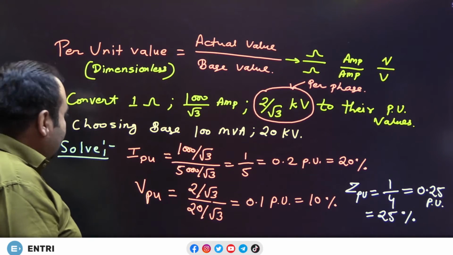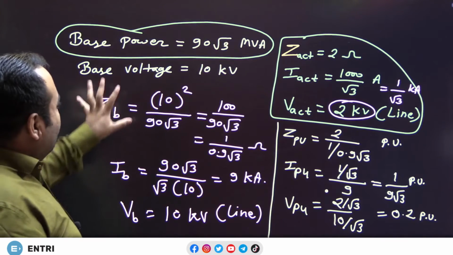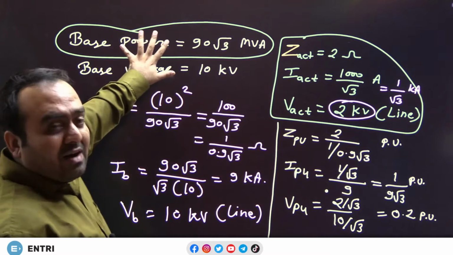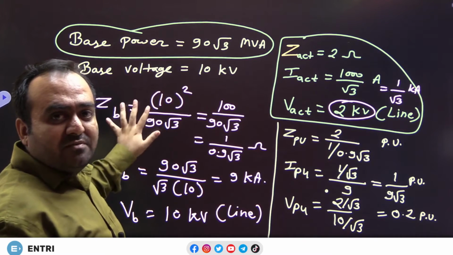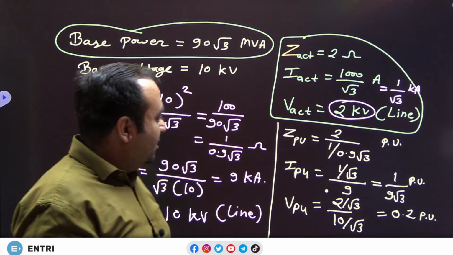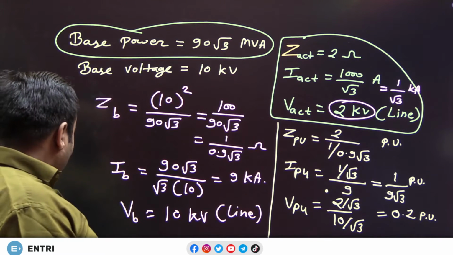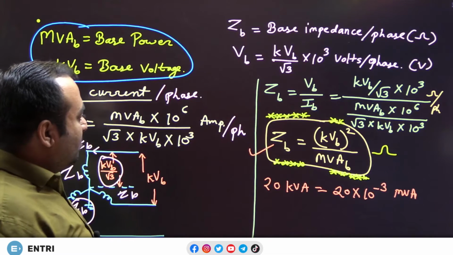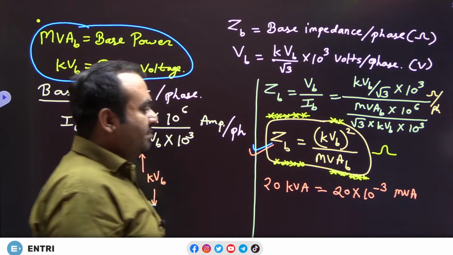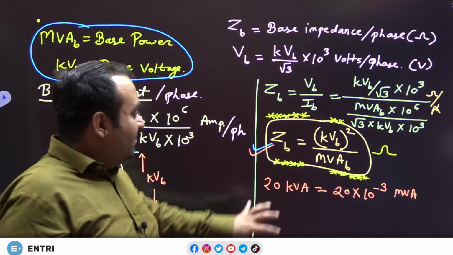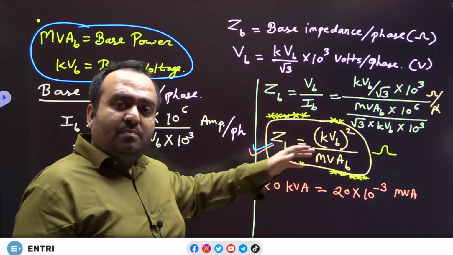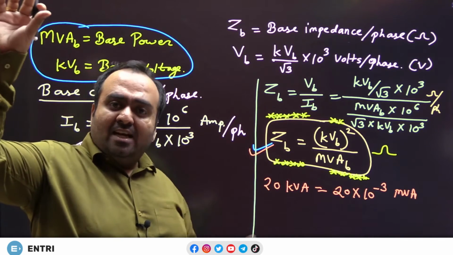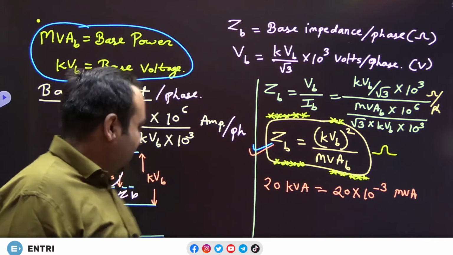And then another numerical was taken. These are base values, these are actual values, so converted into per unit values. So from base values of power and voltage, you derive the base values of current and impedance, and then you do it like that. All right. One relation that I will now continue from. We saw that the base impedance was this. In the numerical, we calculated it first, and then we put it in the final equation as actual value divided by base value, whatever it comes out to be.